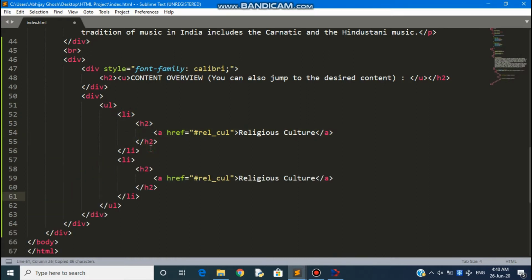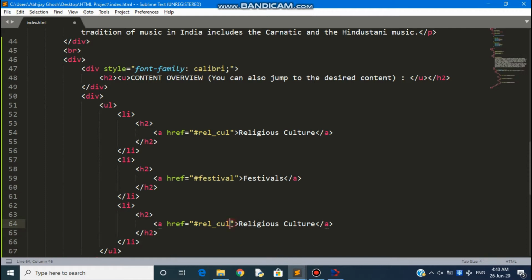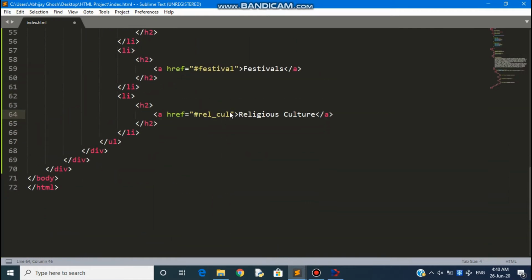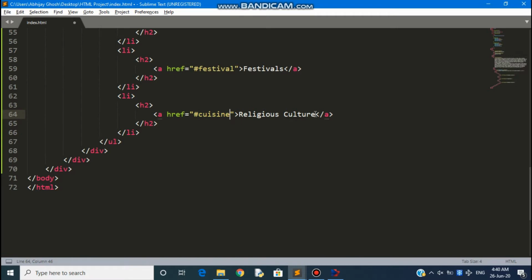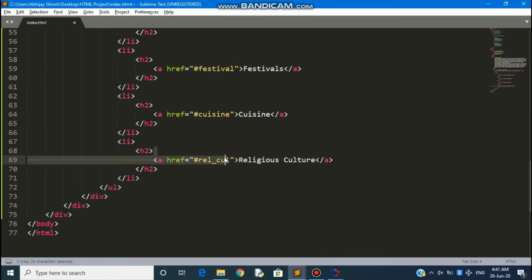Similarly, I'll perform the same step for festivals, clothing, and cuisine. I have given the ID festival to festivals. I will give the ID cuisine to cuisine, and clothing to clothing.